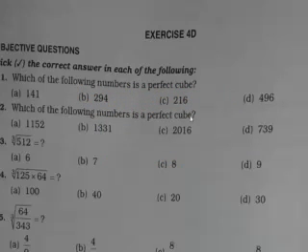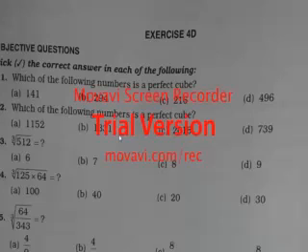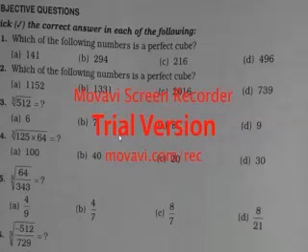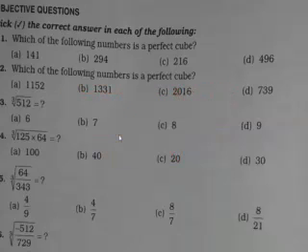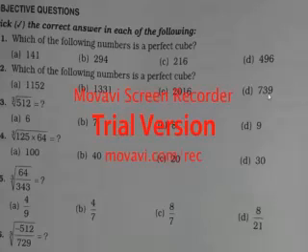Here, what do you have to do? 1331 is the perfect cube of 11. Or if you are getting such confusion, then simply you can prime factorize it. Of course prime factorization will take more time, but after prime factorization you will get a sure and short answer. Okay, now there can be confusion. For your kind information, 739 is not a cube, 729 is, the cube of 9. That you have to understand.